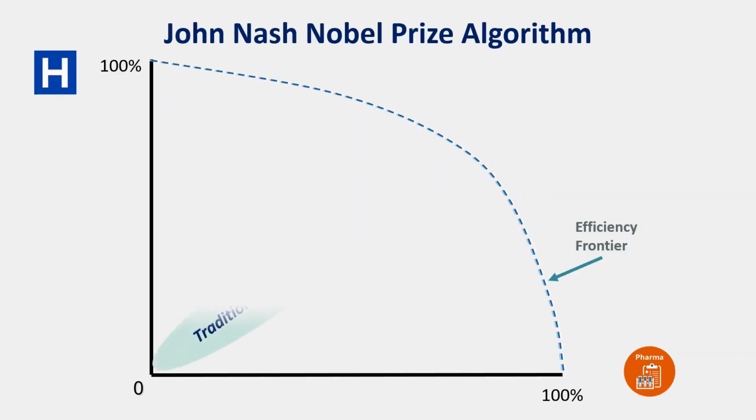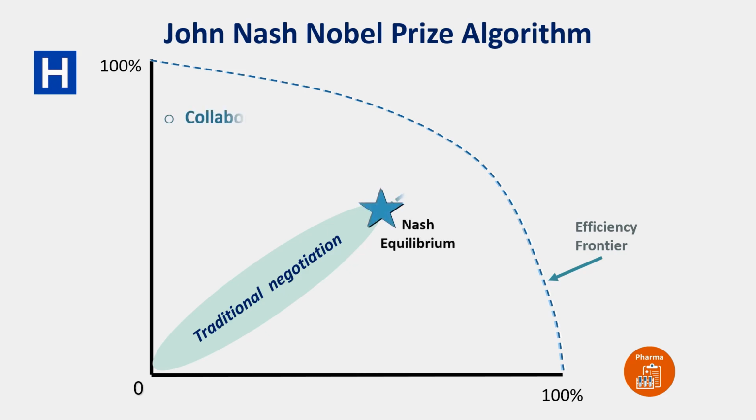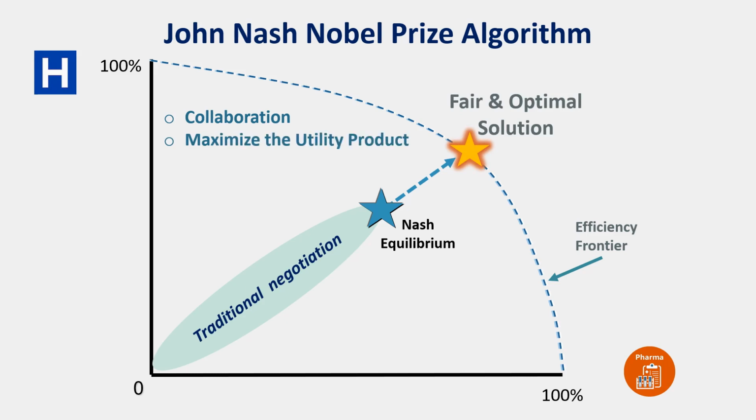In the movie A Beautiful Mind, Nobel laureate John Nash said that there was a theoretical limit to what negotiators could achieve, but that they normally fall short at the Nash equilibrium. Nash also explained that collaborative negotiators could find a route beyond the Nash equilibrium with his algorithm, maximize the utility